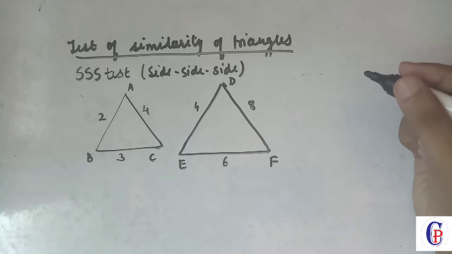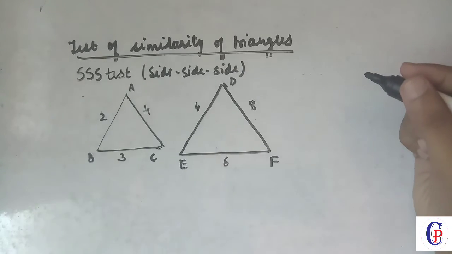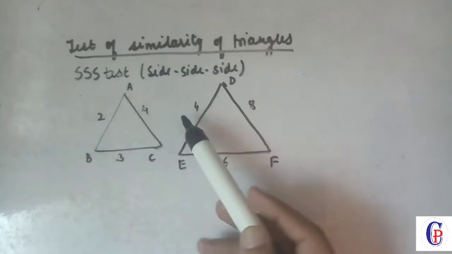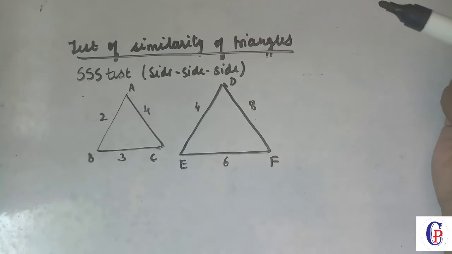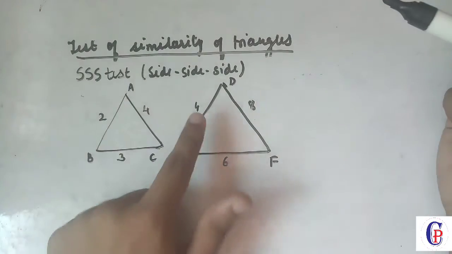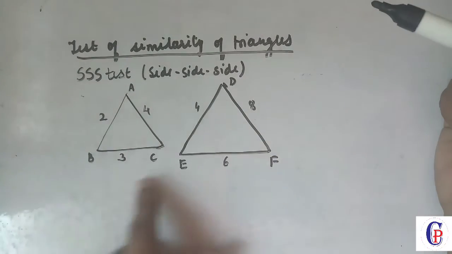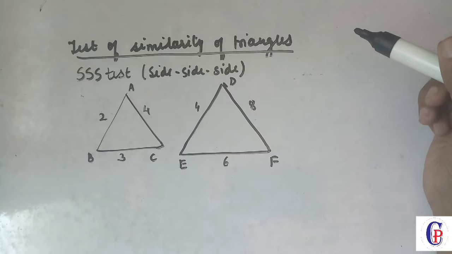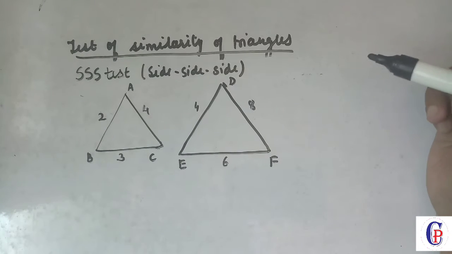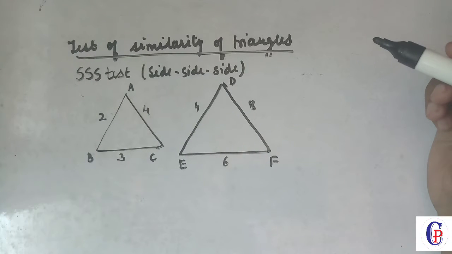Now you will see here, how come by side test? This is 2, this is 4, they are not equal, right? 3 and 6, 4 and 8. Or if you see 4 and 4, only one pair is equal, others are not pairing up. So in similarity you do not have to look for congruent sides. Of course we have already discussed that two triangles being similar does not mean that they are of the same size. Two triangles being similar means the ratios of their sides are equal.